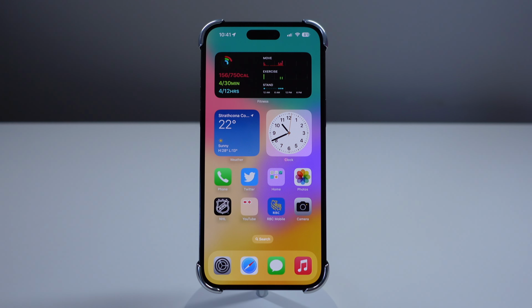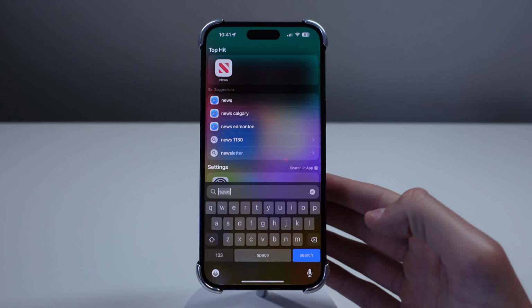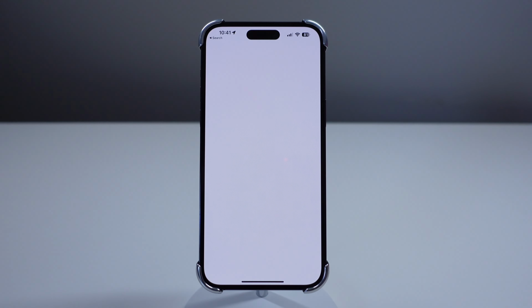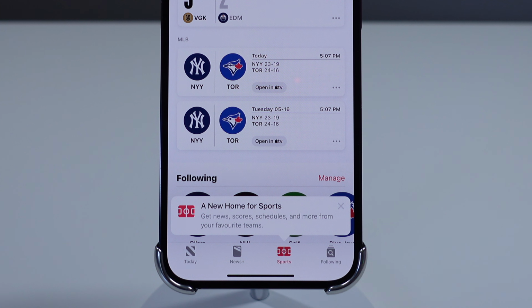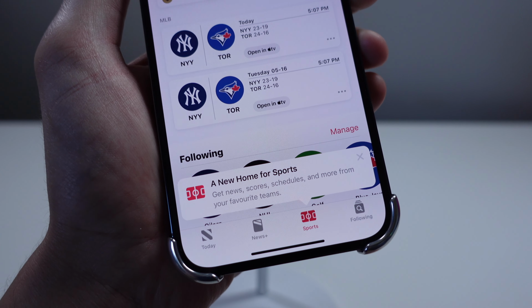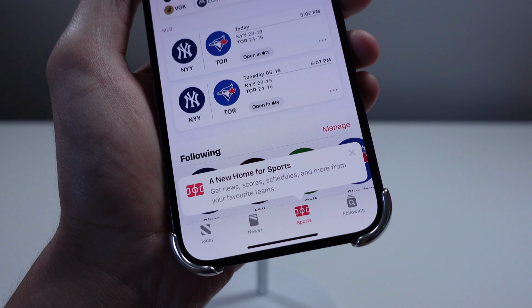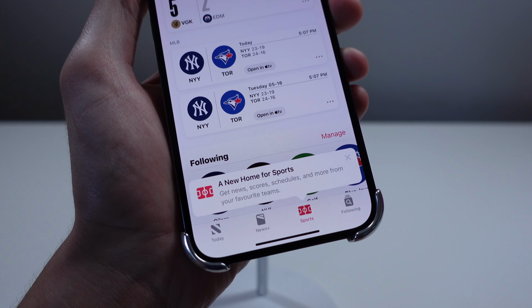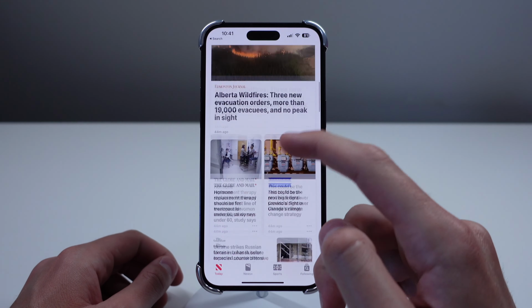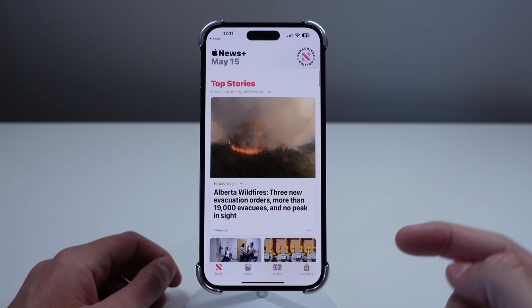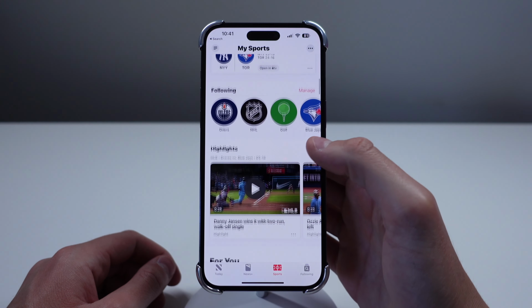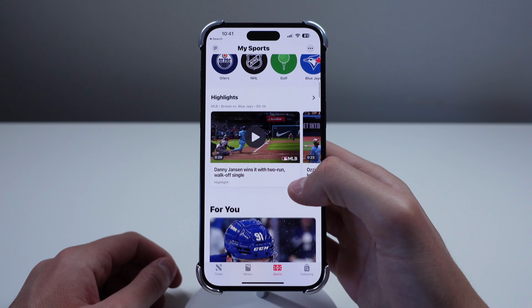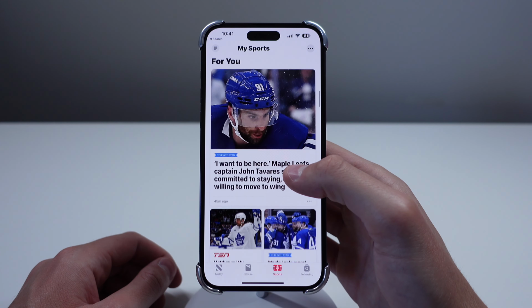The first major new thing in 16.5 is an update inside of the News application. When you open up News in 16.5, you're going to notice a brand new tab at the bottom of the screen called Sports. Now, this doesn't add anything new, and in fact, Apple News had this section inside the application before. However, it was found in the Today tab if you scroll down a bit. So now in 16.5, with the Sports tab living at the bottom, it's a lot easier to jump right to your sports and leagues that you're following.